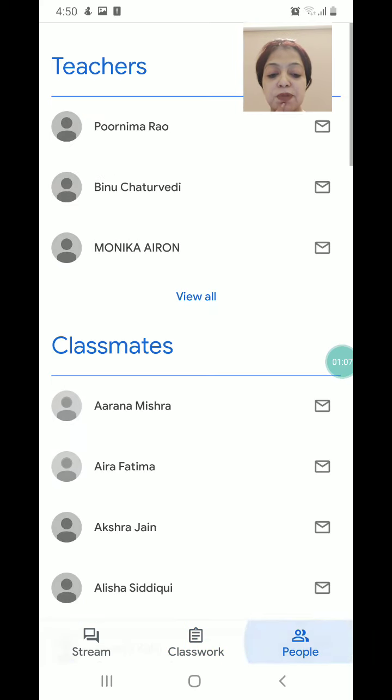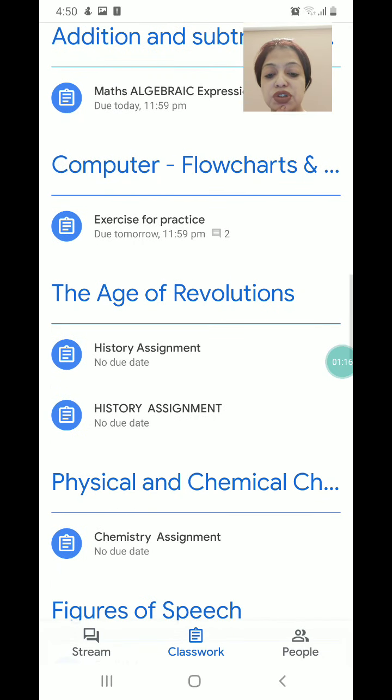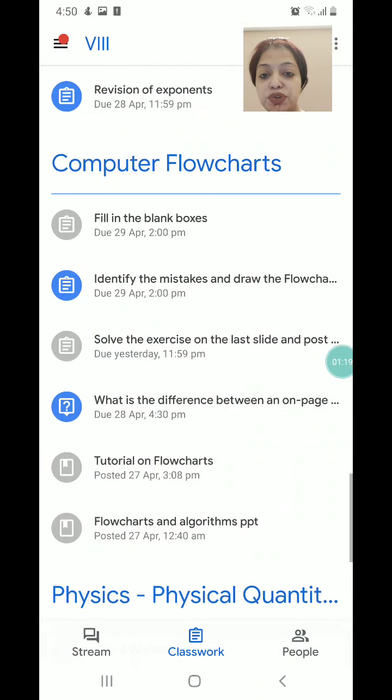At the bottom, as you can see, this is the people screen where you can send email messages to your friends and your teachers. So let's go to the classwork screen, and if you check out the computer topic, it is computer flowcharts, as you can see here. The gray icons are the assignments that have already been submitted by the student, and we have two blue icons showing the assignments that have not been submitted. Since both of them are showing as due, both were due before today, so both of them, as you can see, are late. In any case, we would like to take up an answer to them. So let's see the first one.